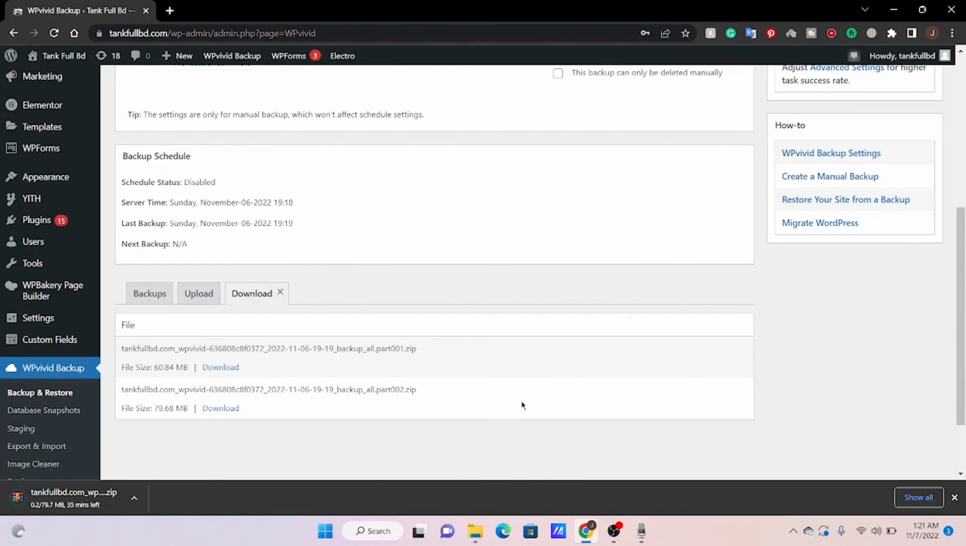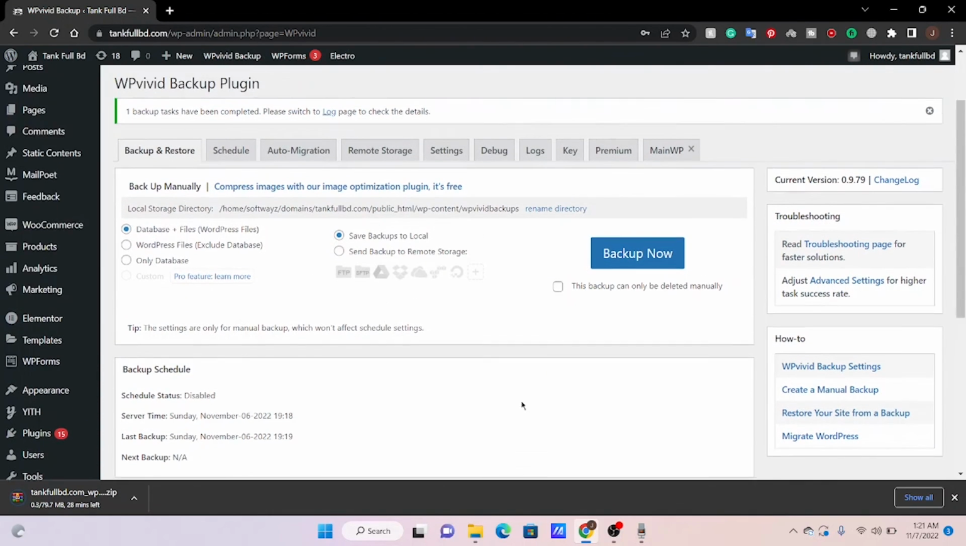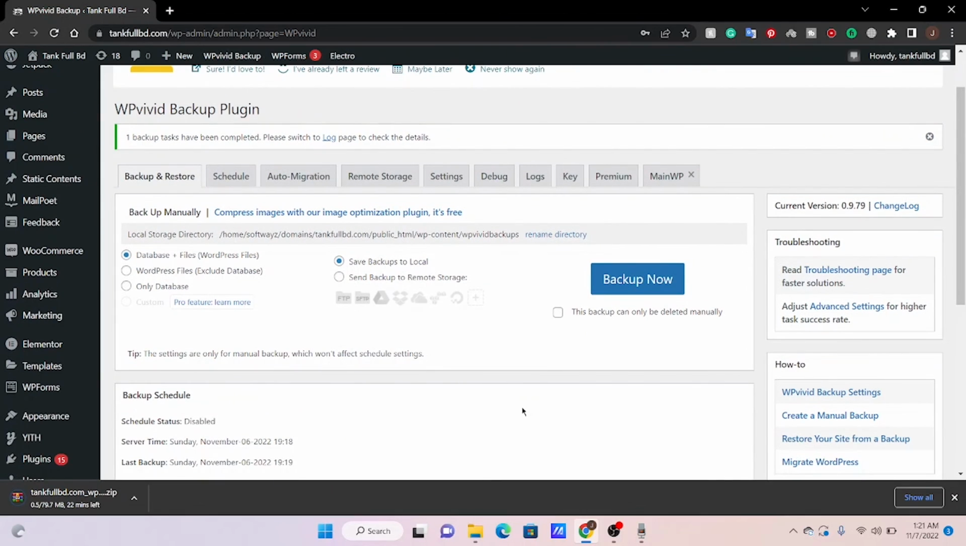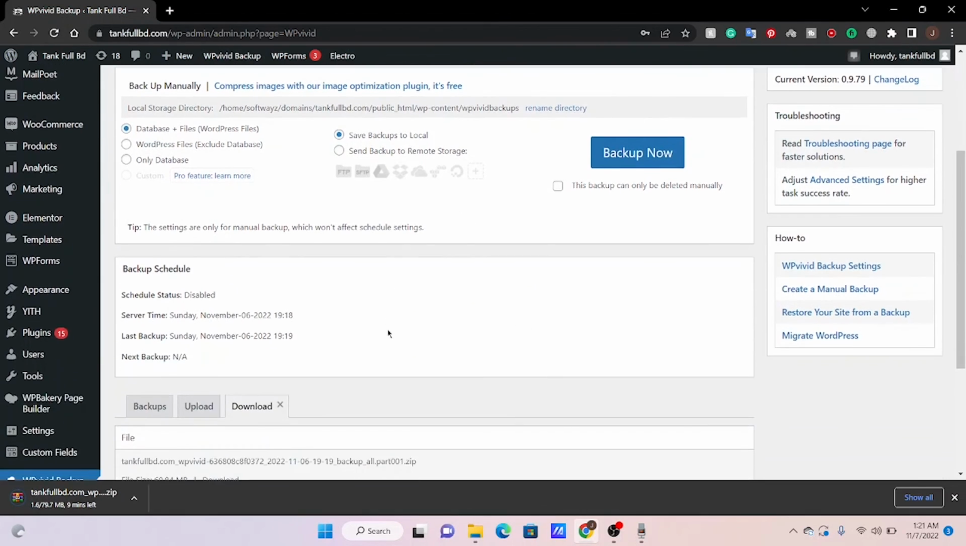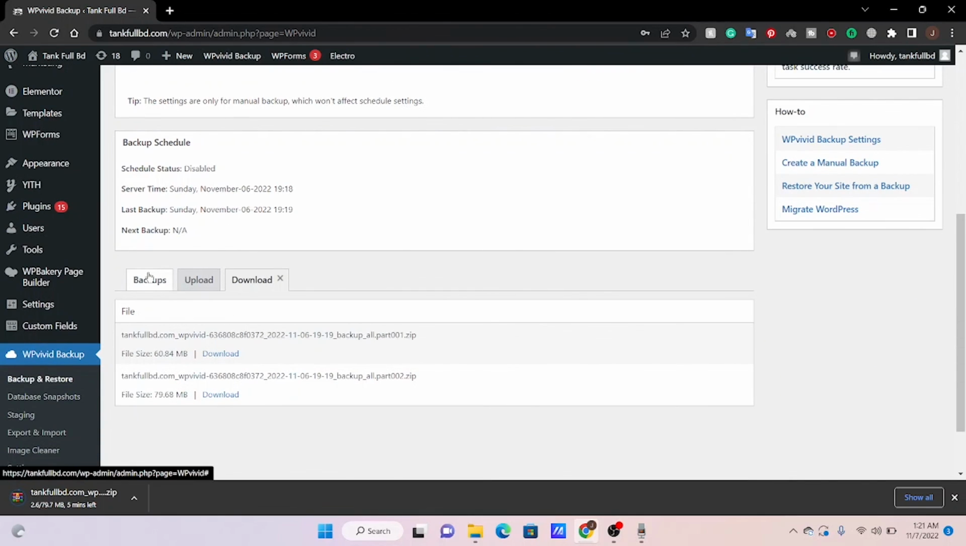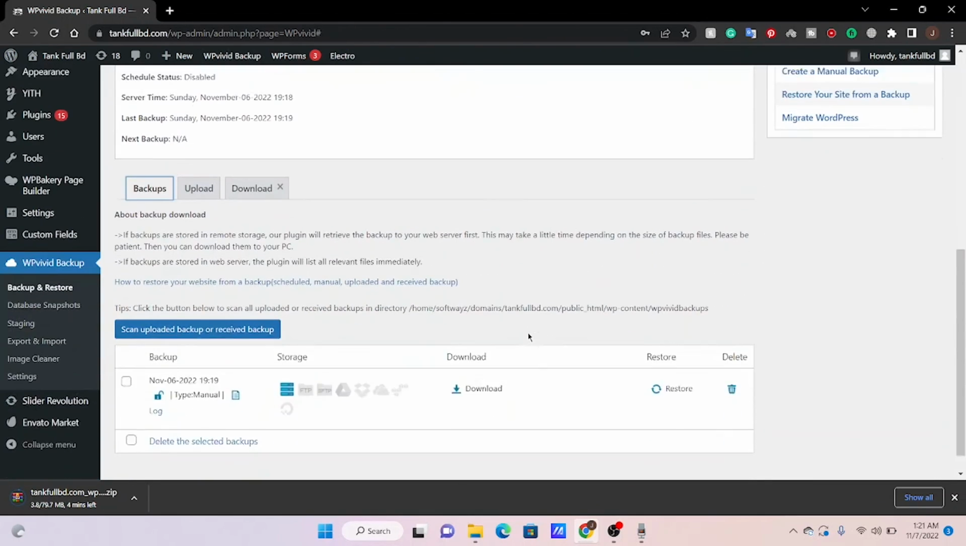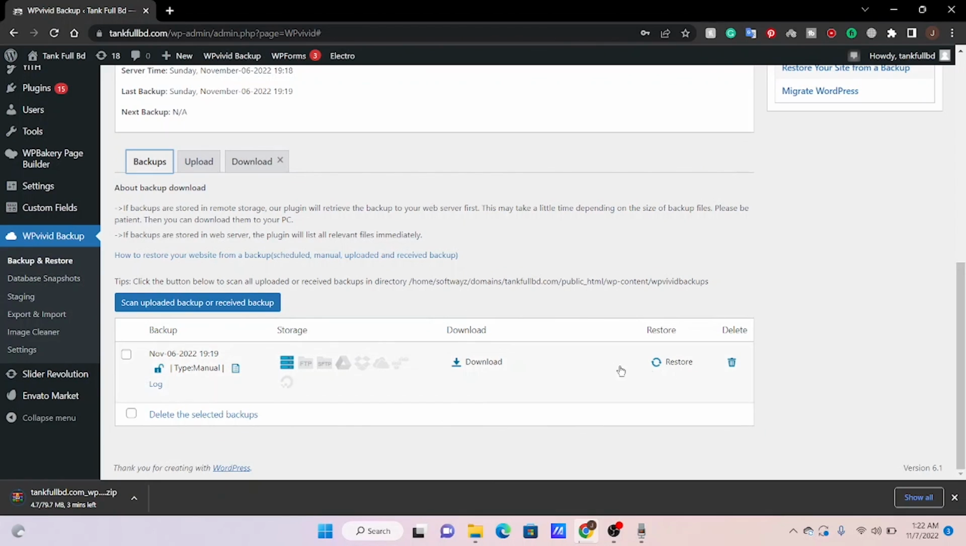And if you want to restore this backup, you have to use this backup option, and you have to select uploaded backup and restore here. Okay,